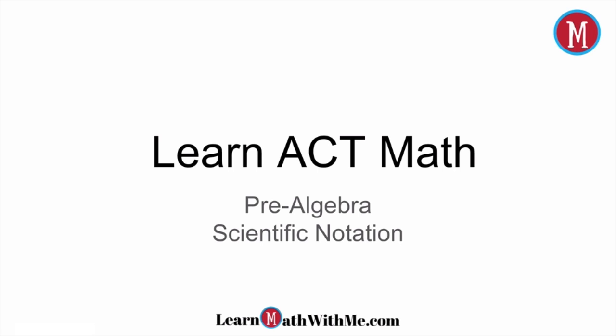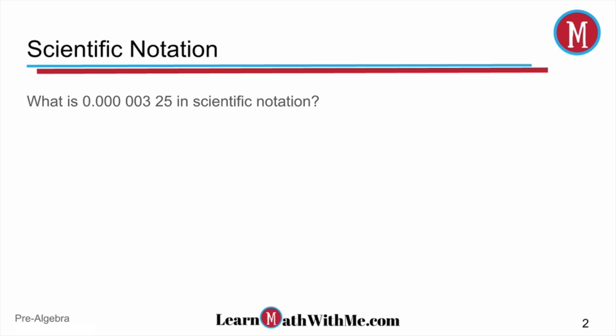This is the pre-algebra video for scientific notation. And our first problem says, what is 0.00000325 in scientific notation? Now, the typical standard that we want to use when we're putting a number in scientific